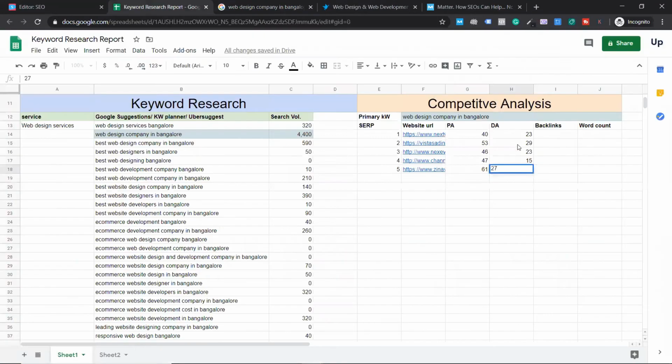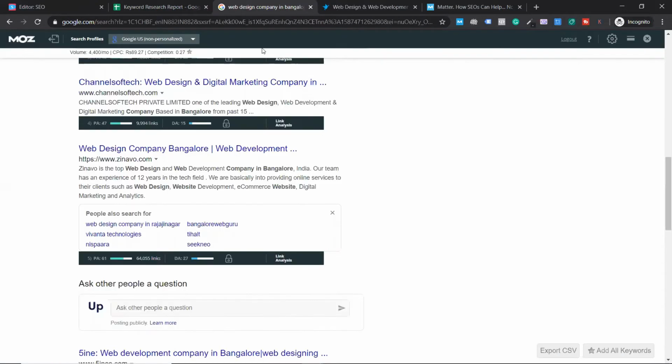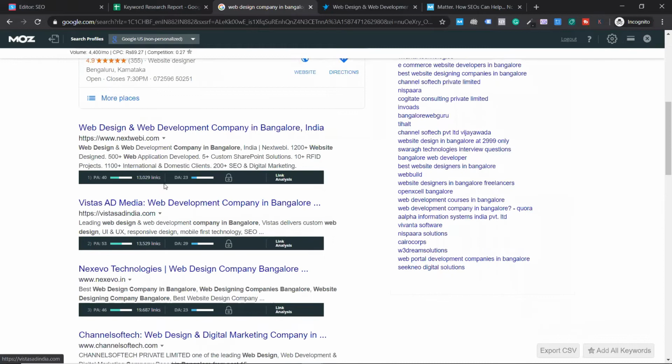But looking at the domain authority, I can say it's not a very competitive industry. So you can take it easy. It's not that competitive. You can rank within a year, or 1 to 1.5 years. Don't get scared. It's not a big deal to see this type of backlinks. They are getting poor quality, low authority backlinks, which is no point.